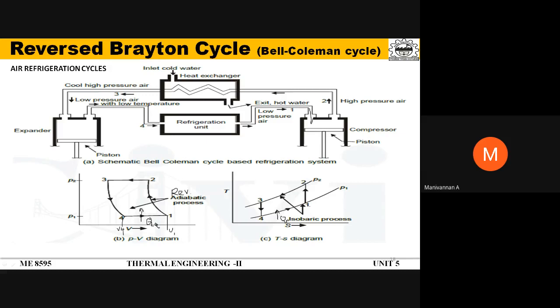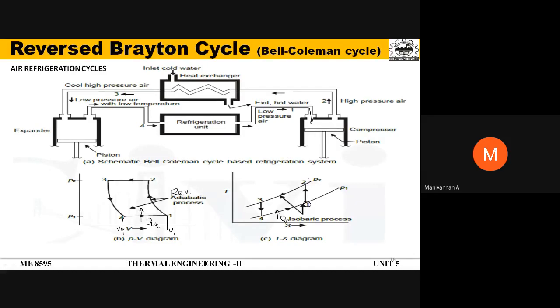My temperature is increased from 4 to 1, where at point T1 again you are doing an isentropic compression in the compressor. So 1 to 2 is an isentropic compression, where the entropy remains constant, assuming an ideal process. Because of the compression process, the pressure of the cycle is raised from P1 to P2, and the temperature is raised from 1 to 2.